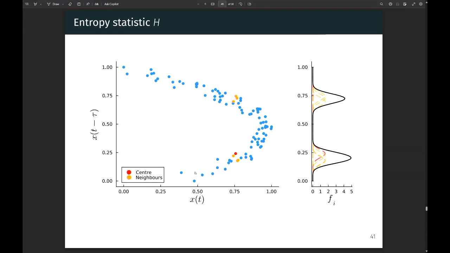But as we said, that requires you to test membership with respect to some null hypothesis, which is a bit cumbersome. So what we can do instead is look at all these points. This is the component in x_t minus tau, and we're going to place little Gaussians on top, sum out the Gaussians, and basically we get a distribution here, which we're going to find the entropy of, the p log p of this distribution.